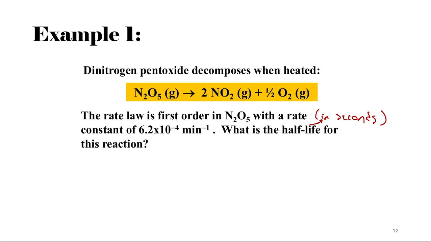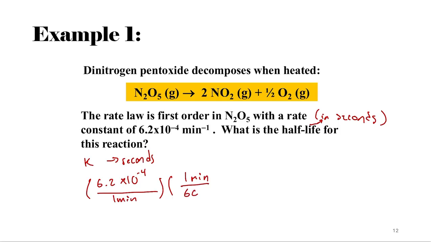So the first thing, we'll convert the rate constant, K, to seconds. So if we just take a second to remind ourselves on how to do unit conversions, this is like 6.2 per 1 minute, right? And how many seconds are in a minute? 60 seconds, right? So per 1 minute, we have 60 seconds. So this is going to end up with units of inverse seconds. The units of minutes cancel out, which is good, right? We still need inverse time for the unit, so we get